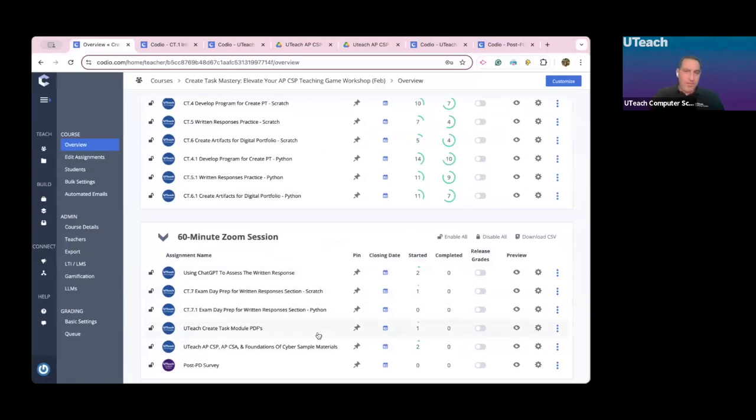And then the other thing that I included in this week's module is the sample materials for UTeach. So UTeach obviously has an AP CSP course. We also have an AP CSA course. And next year, we're releasing our Foundations of Cybersecurity course. Our cyber course is really cool. It's actually, the course itself gets hacked into by hackers, and your students have to defeat challenges and defeat the hackers. So that's been really fun. But anyway,